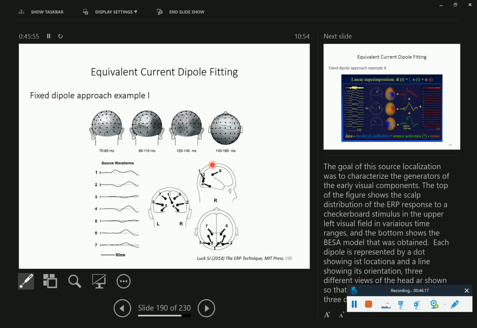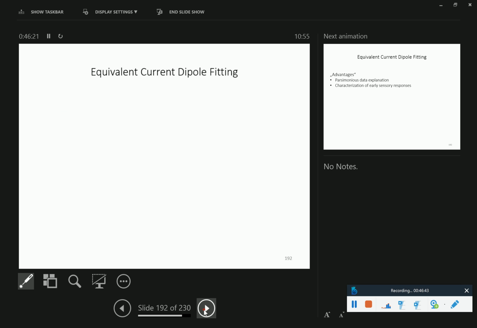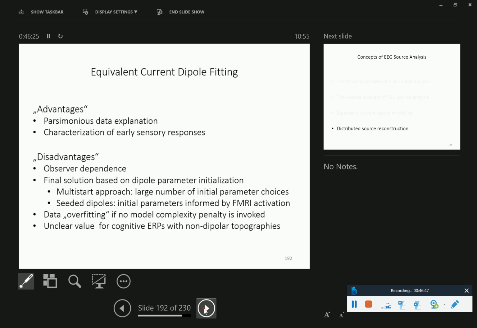But the idea is that by looking at the activity of fixed dipoles over time, you can somehow get a spatial-temporal representation of what you have on the scalp. That shows essentially the same thing, so I'm skipping that. Before the break,